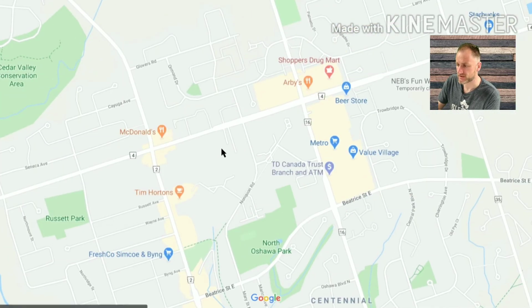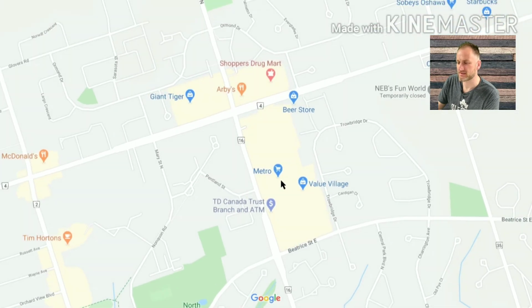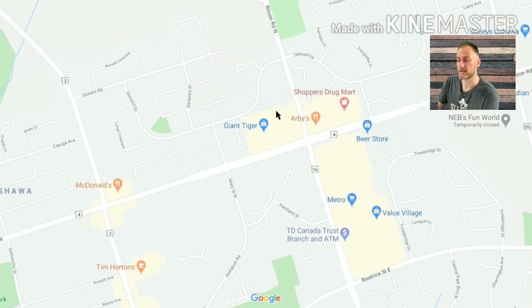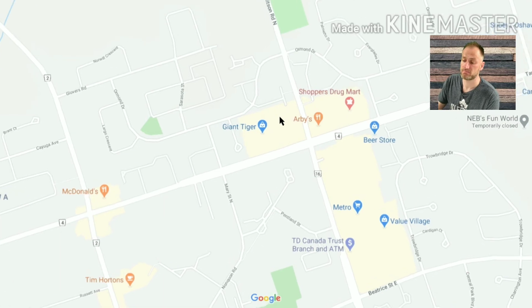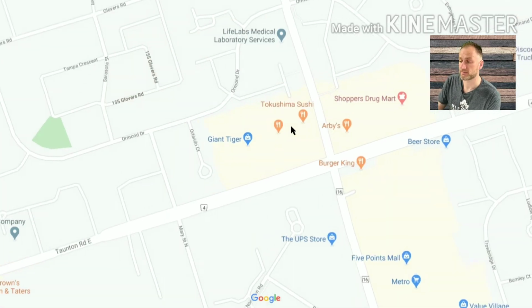Everything I just said about this section is actually right here. So yeah, there's the Metro, there's a Value Village, there's a bank, there's an LA Fitness in here as well. Here's Giant Tiger, and then there's another, it's a butcher place in here. It's called the Helendus Meat. That's where we've gone before, and it's a really good place to go and get your fresh meat